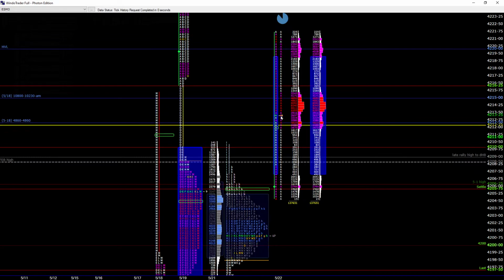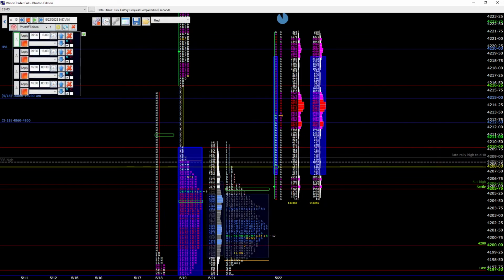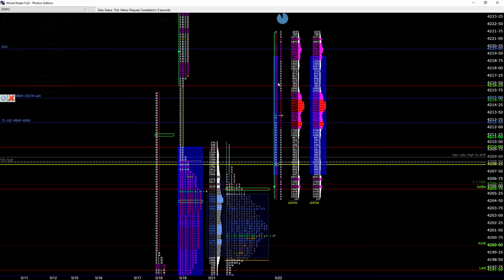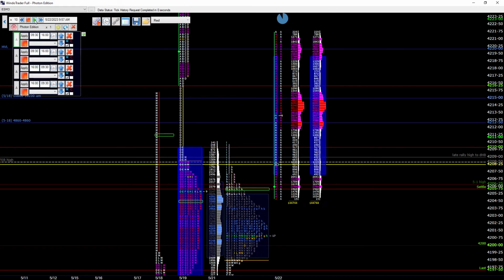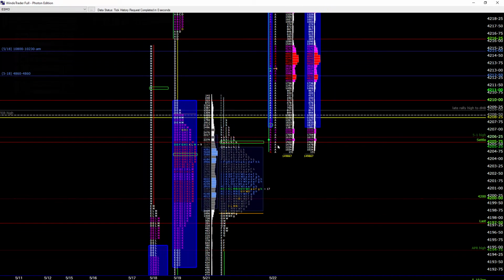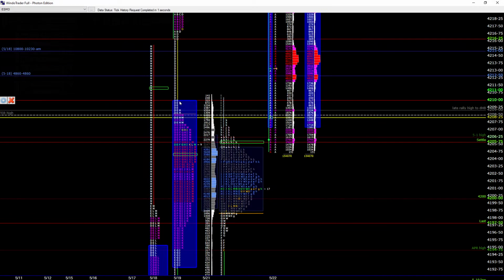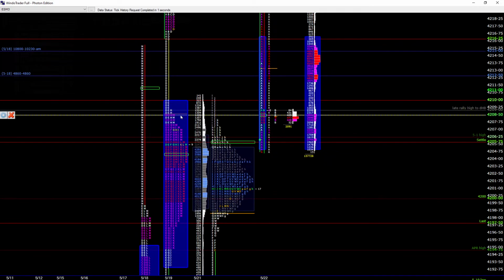The buyers are getting overpowered here. Now they are selling from hard back. No, it didn't actually come back to hard back here. The selling came from this area. Now you are inside the distribution. This is not good for the buyers. It's coming to sell. It came all the way down to the opening. Let's see if it comes out of this distribution here. Selling from hard back, no good. It was repaired.